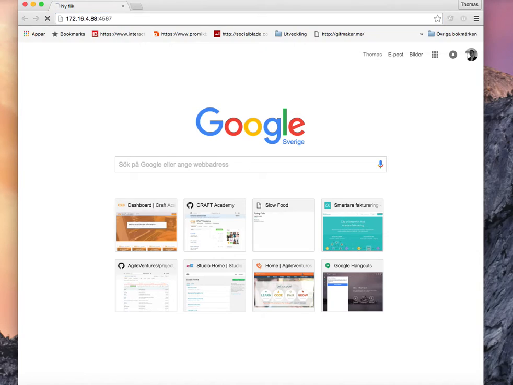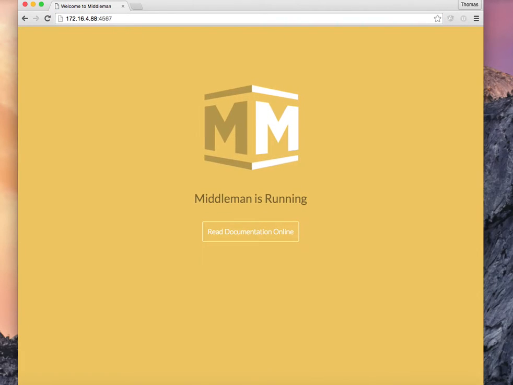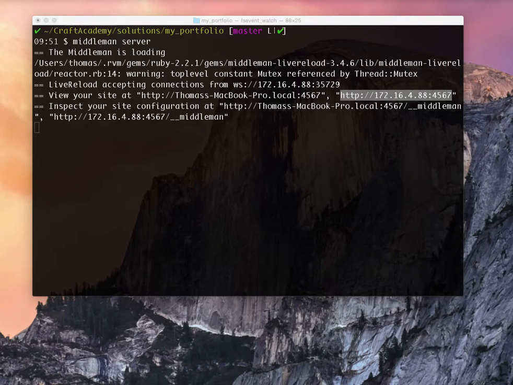So let's do that, and we'll see that Middleman is up and running, which is cool. So moving on. We stop the server by pressing Control and C,